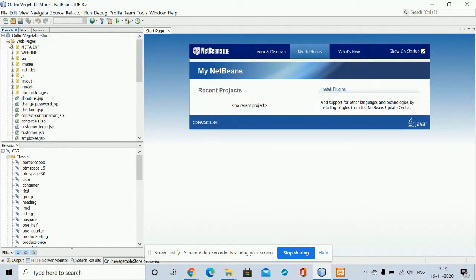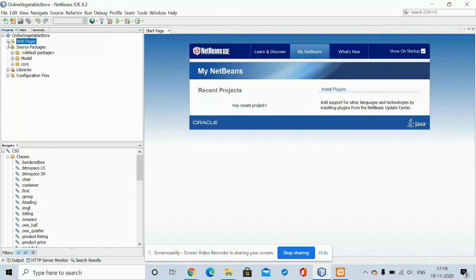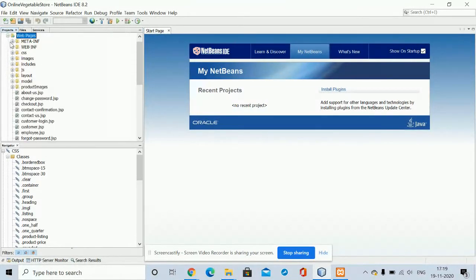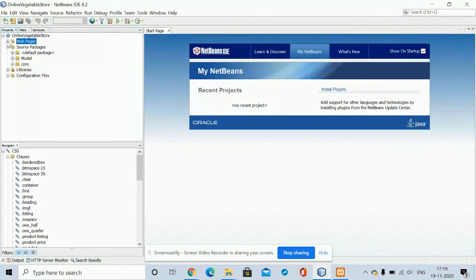So this means the project we have sent to you, you have converted that project into NetBeans, right? So you have copied all of the web pages inside the web pages section, and you have copied all of the classes inside the source packages, right? Here you will get the model folder, as well as here you will get the com folder, right? Inside the com folder you will get the correction and default packages for uploading the product, and like that, right? Okay, so this you have done, right?